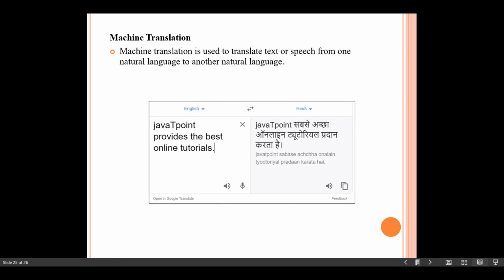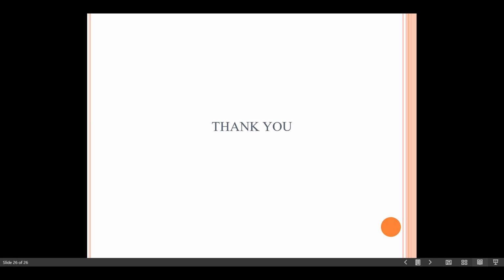Another application of NLP is spelling correction, like in MS Word or PowerPoint. If we give a wrong spelling while documenting something in these applications, it recognizes the text and identifies the correct spelling. All this is done by natural language processing. These are the several applications of natural language processing. So we have discussed everything about natural language processing for information retrieval, and that brings us to the end. Thank you.